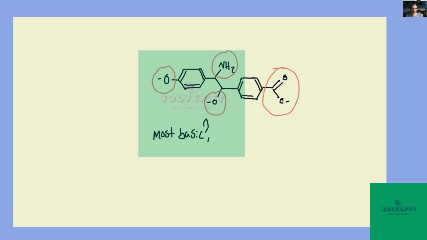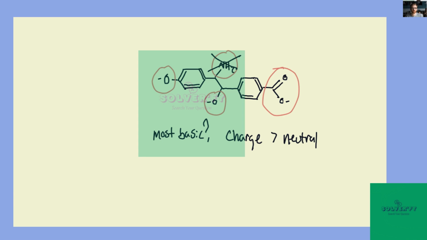Okay, well, I would argue that any of the oxygen species are more basic than the amine because they are charged. Charged species, specifically negatively charged species, are always more basic, or hungry for a proton, or nucleophilic, but not really, more so just basic than a neutral species. Charge, more basic than neutral. For that reason, we're just going to ignore the amine and look at comparing the three negatively charged oxygen